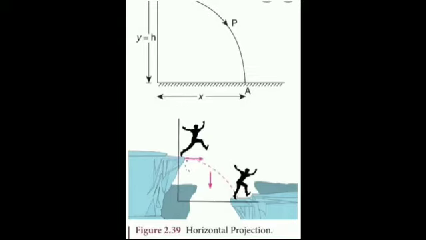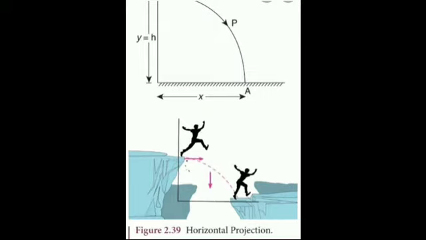Here, the horizontal distance travelled by the ball is x of t is equal to x, and the vertical distance travelled is y of t is equal to y. For the horizontal direction, the distance travelled by the projectile in time t is given by the equation x is equal to u x t plus half a t squared. Here a is equal to 0 along the x direction. We have x is equal to u x t.